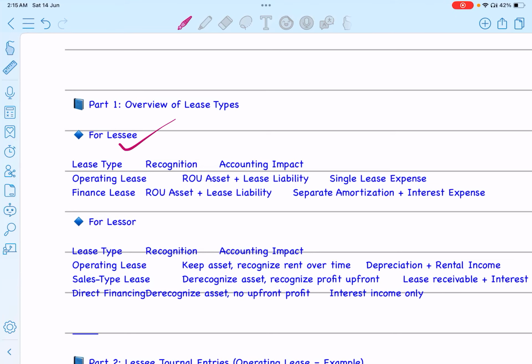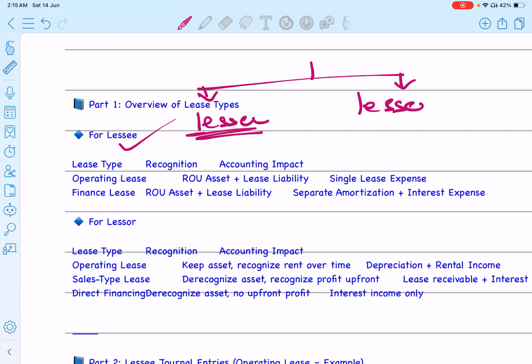Today our topic is lease. In a lease there are two parties. First is the lessor, the second is the lessee. The lessor is the owner. The lessee is the user of the property,